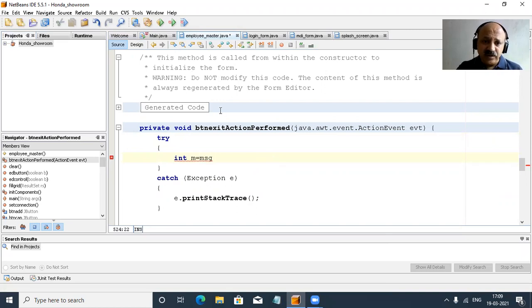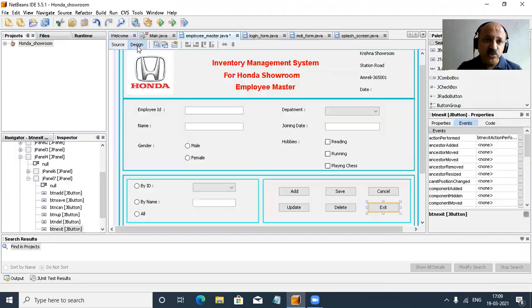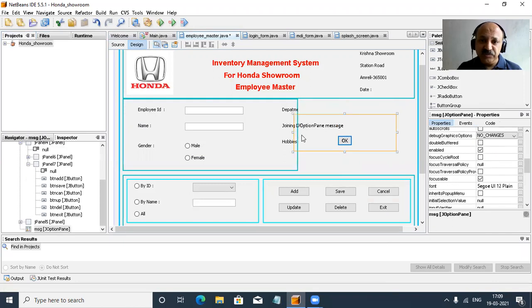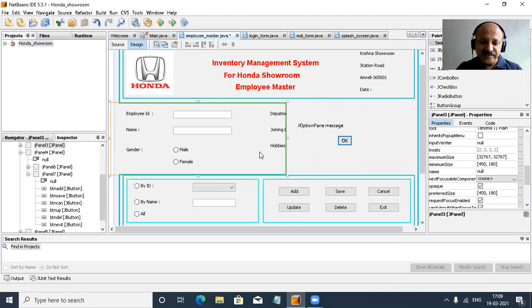I first show you in the design part, from my previous video lecture. I take the JOptionPane as the background of this panel, and its ID is MSG. We set setVisible to false, so at runtime this control is not displayed. So I take it as hidden.